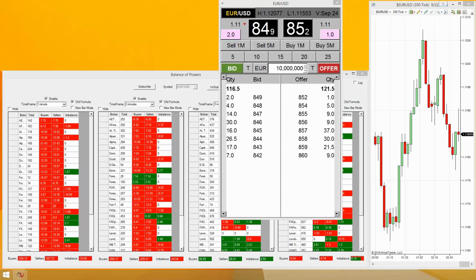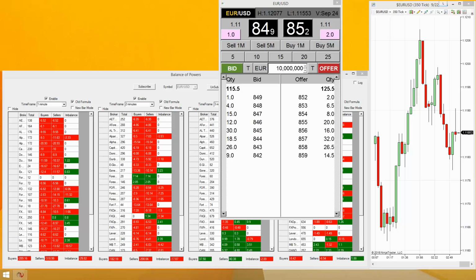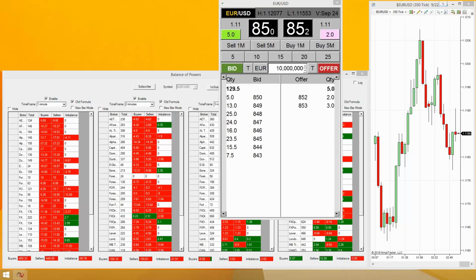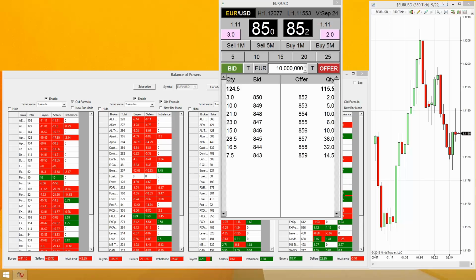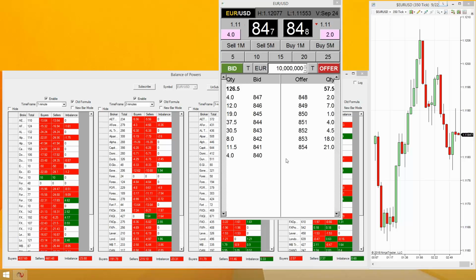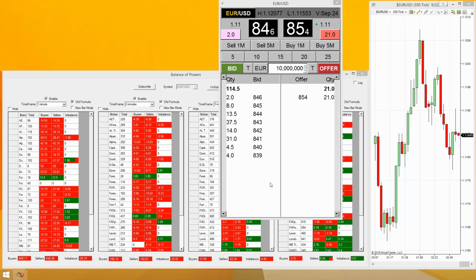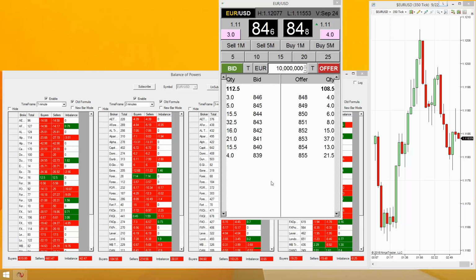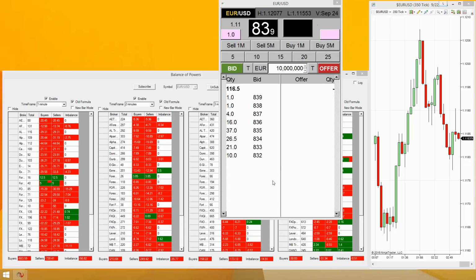what I do is I have access to a couple of hedge funds' and big financial institutions' order flow. So I can see where all the orders come from. What you see on my screen is only a piece of the puzzle, right? For some security reasons, I'm not able to show you the bigger picture.